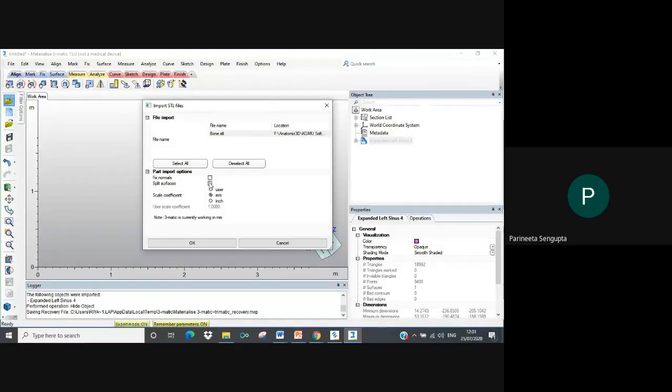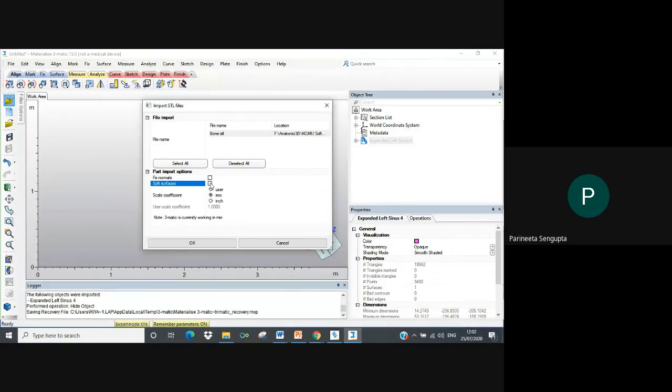The other option is split surfaces. Let me first uncheck it and we will see how we import the file. Split surfaces basically gives you a method of splitting. As per the angle set by you, the computer will calculate a new surface at every 30° and make the model a composite of multiple surfaces.